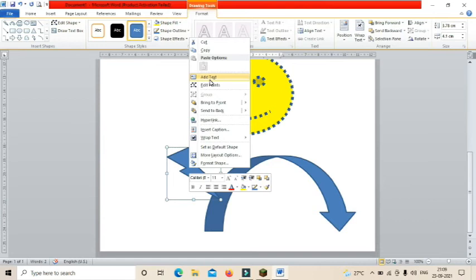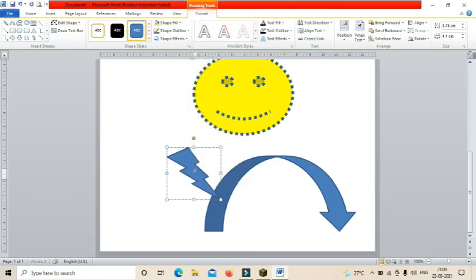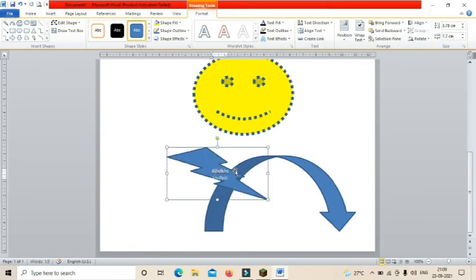We can right click and choose the add text option to type something inside the shape. Here we can type hello.